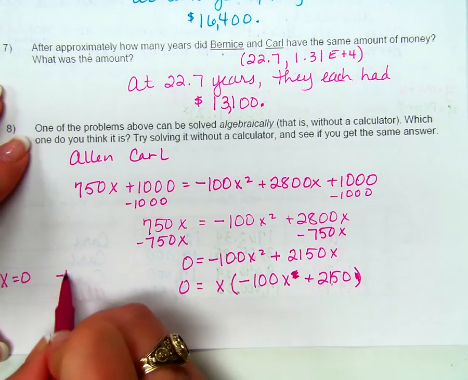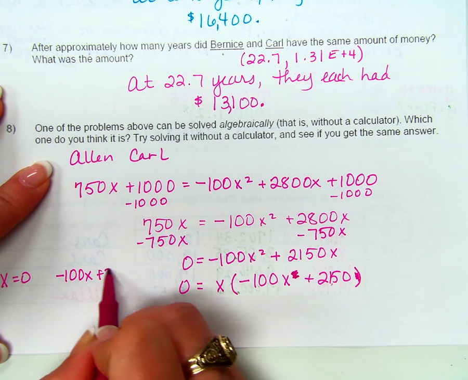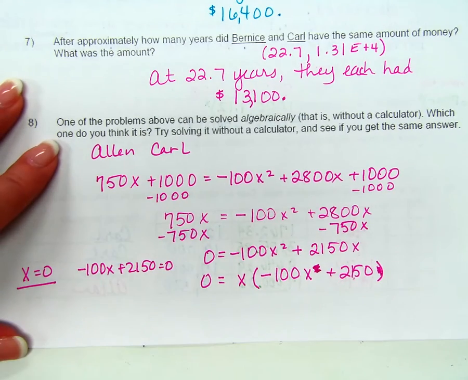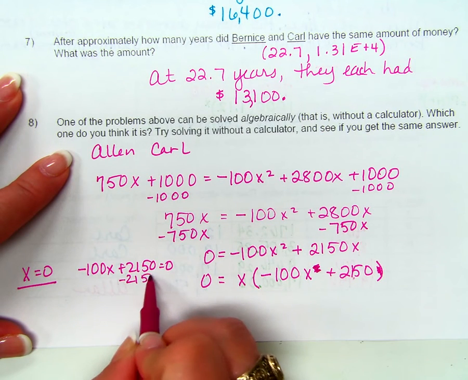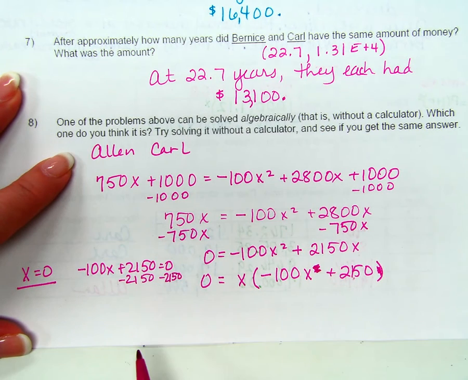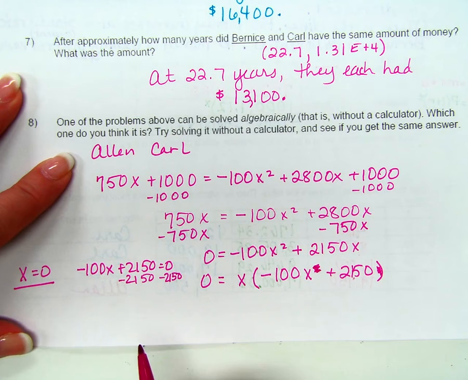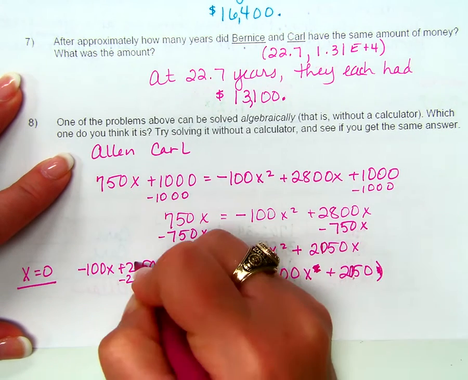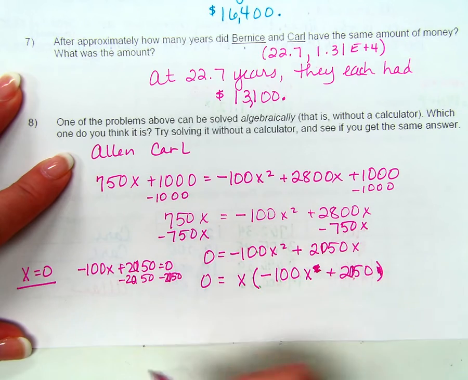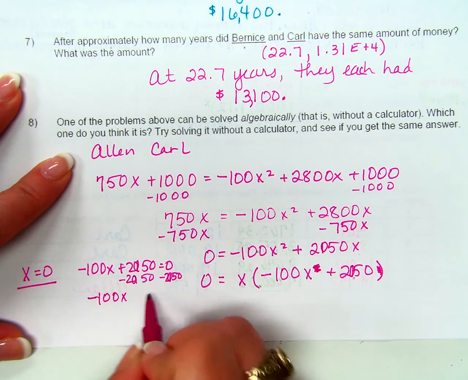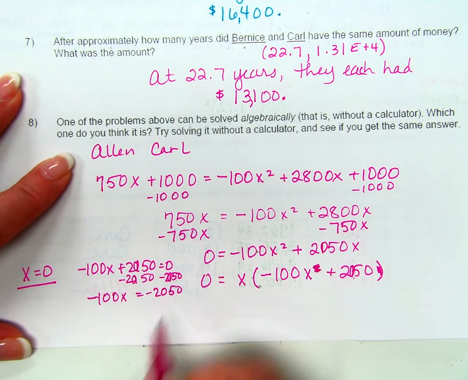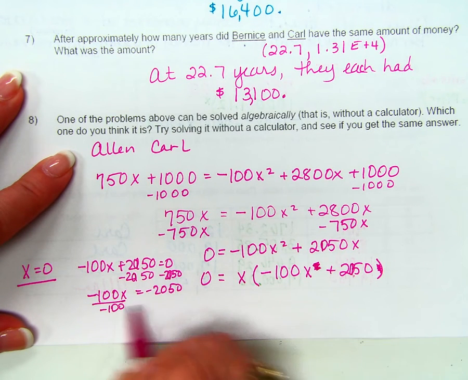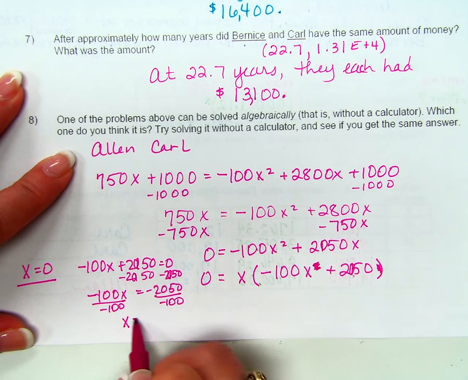And I'm going to say negative 100x plus 2,150 equals 0. That's already solved. I'm going to subtract 2,150 from both sides. Is it 2050? Thank you. Sorry about that. 2050. So negative 100x equals negative 2050. Dividing both sides by negative 100, x equals